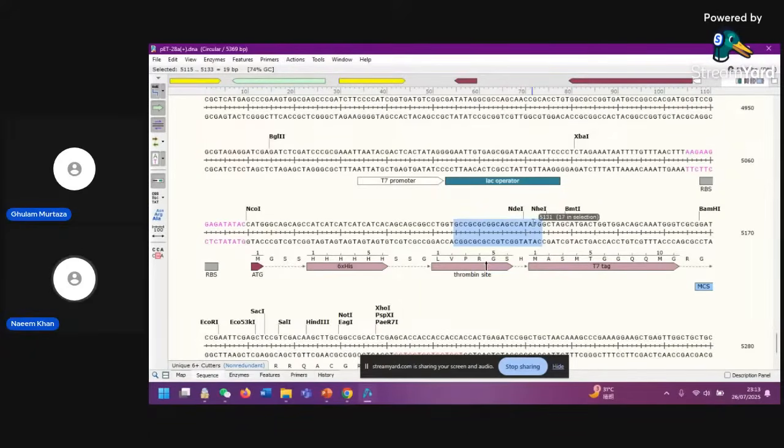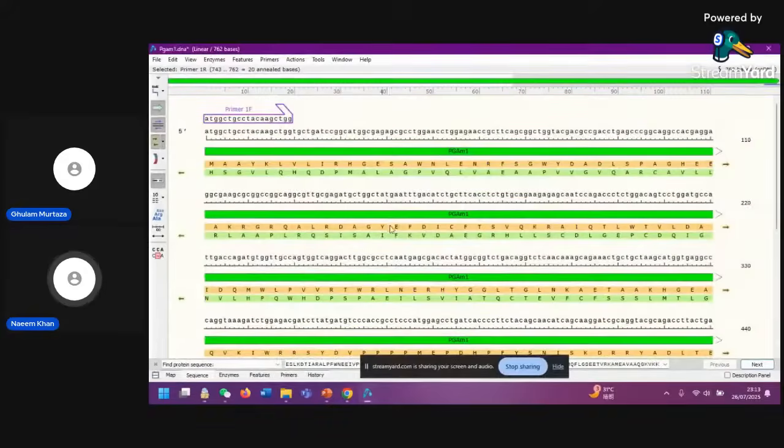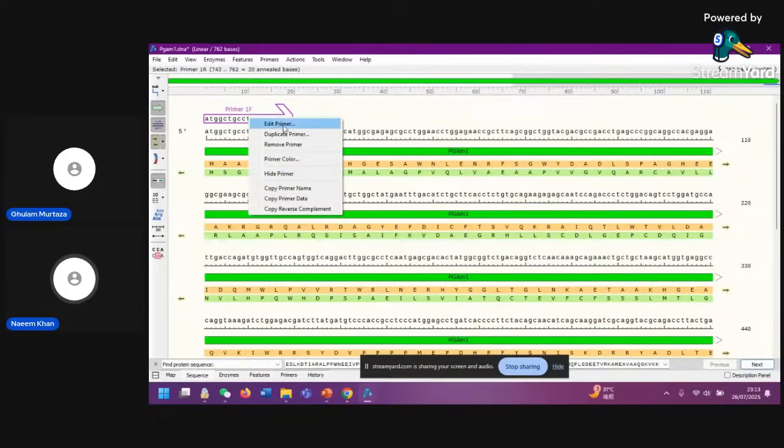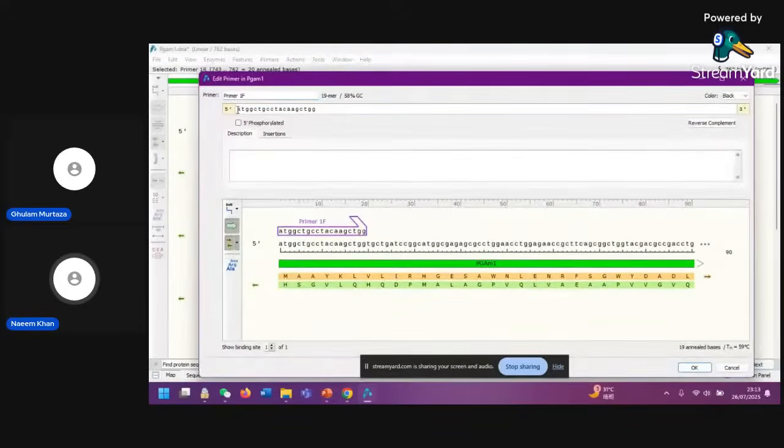Choose the 4 sequence, but we can choose also 4 or 5. Press Control C and Control F, then you can see the green portion we have chosen. This is around 20 nucleotide sequences, and here you can see the base pairs. Then go to the fragments, right click on the primers and edit primers. You should put your restriction sites at the start of your forward primer and paste here, and you can see your restriction sites are